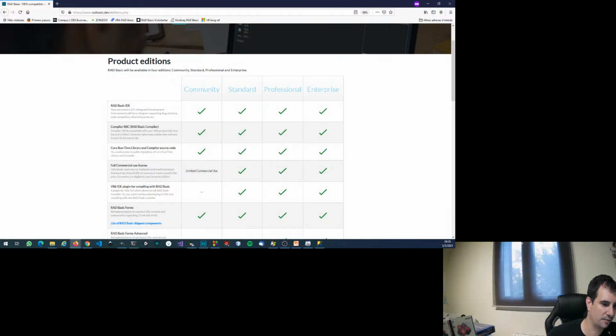The RAD Basic IDE and some premium libraries are the ways of getting revenue to develop future versions.